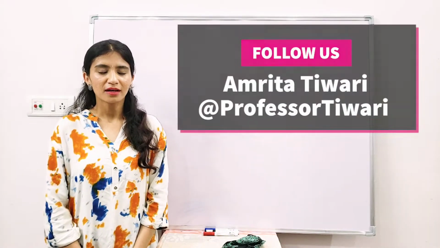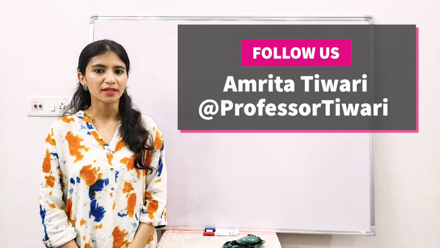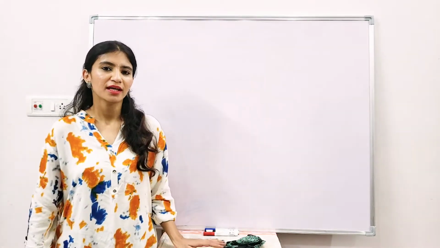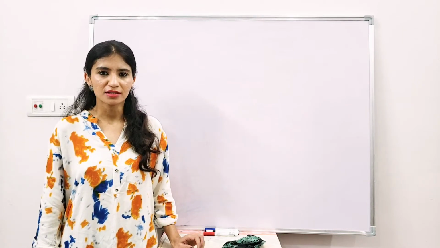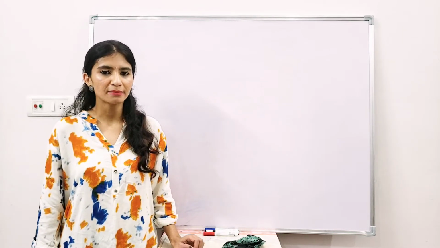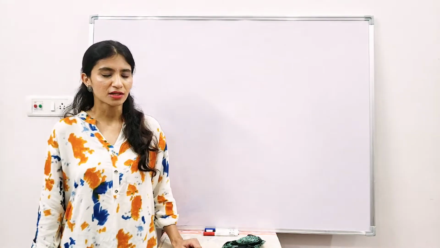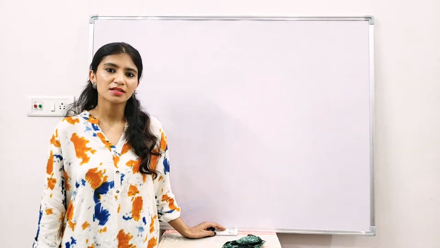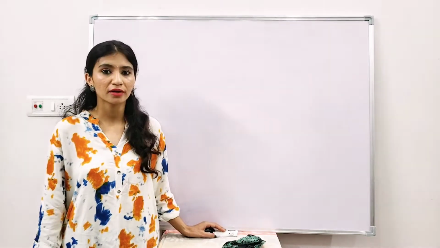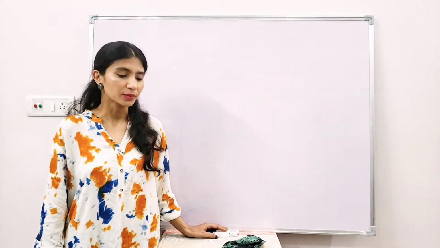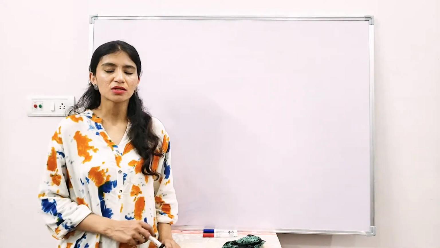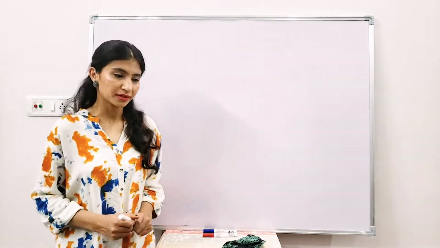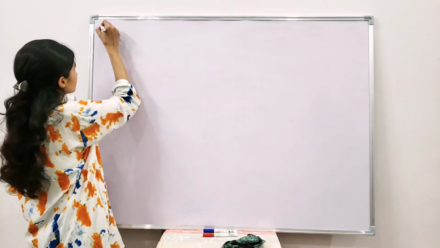My name is Amrita, and today we're going to continue with the same topic, that is the fundamental unit of life. In that topic, so far we have discussed the introduction, discovery, difference between unicellular and multicellular organisms, and cell structure. In that, we were discussing cell organelles, and the first organelles that we discussed were the nucleus and the plasma membrane. So today we're going to continue with the next organelle, that is the endoplasmic reticulum. So let's continue with that.